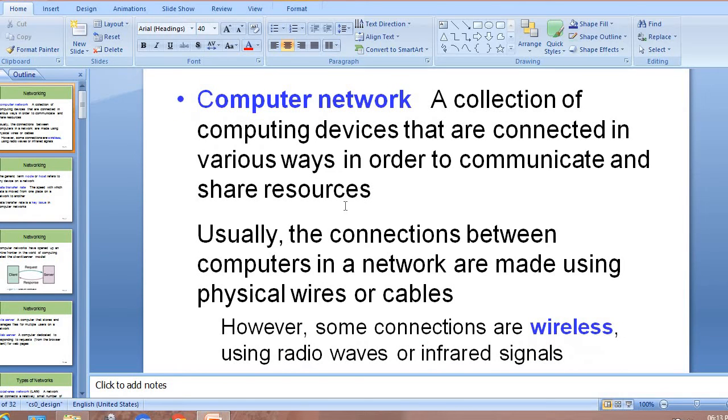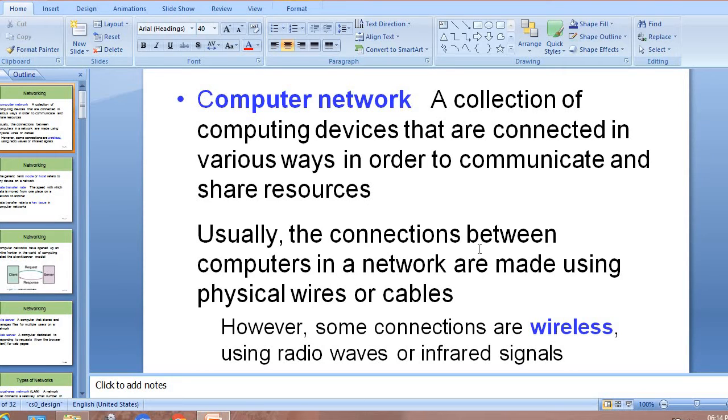A computer network is a collection of computing devices that are connected in various ways in order to communicate and share resources. That means when different computing devices are connected together in various ways, we can communicate between two PCs or more than two PCs, or we can share the resources, using the computer network.